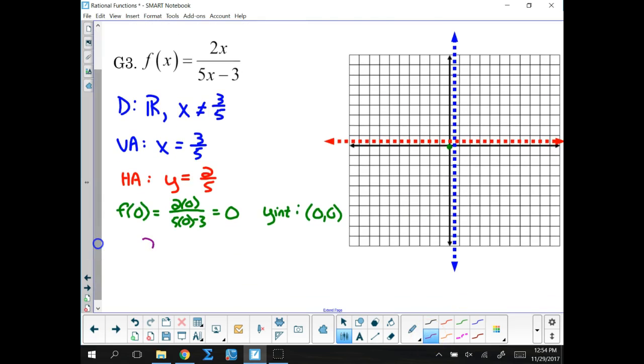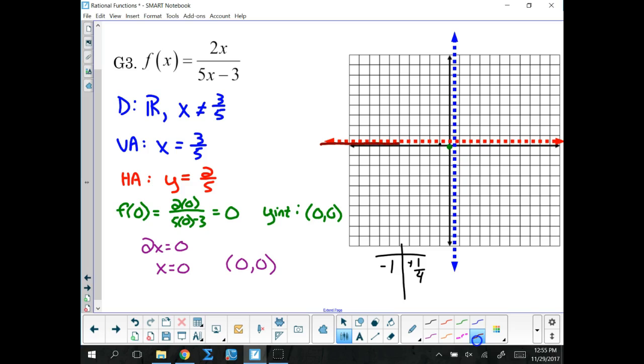The x-intercept is also the origin. Plugging in some points on this side, let's go with -1. -2 over -8 is going to be positive 1/4. So that's going to be up in there. So that side is going to come in nice and tight like that. Then over here,